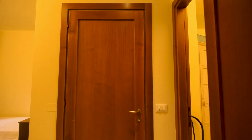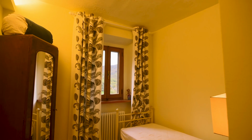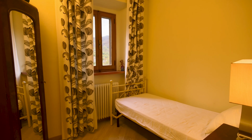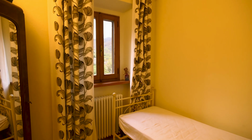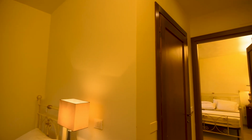Right, so we are now into suite number 3, and it's quite similar to the one that we saw on the ground floor. As we come through the door, you have basically a single bed. I suppose for a large group it would be absolutely perfect. A nice window overlooking the countryside, and a wardrobe which was built in the 1940s. I couldn't really like that. And then if we pull round,